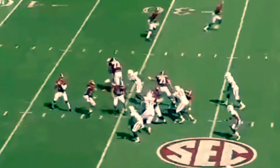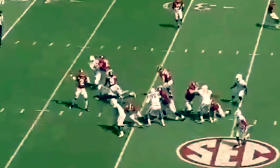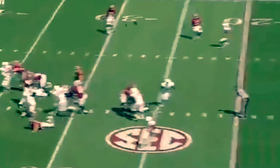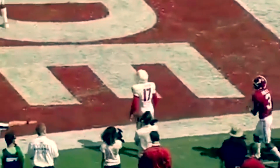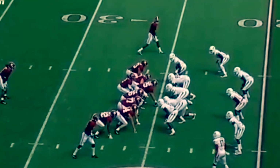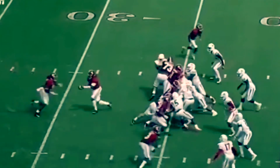Tight end comes across. His assignment is that lineman coming through who was chipped. I think the lineman missed the assignment, but he ends up cleaning up the pocket anyway. He did about as good as he could do on that play because the lineman was already falling down anyway. And the thing about being a running back, an ex-running back, is that you can understand plays as you